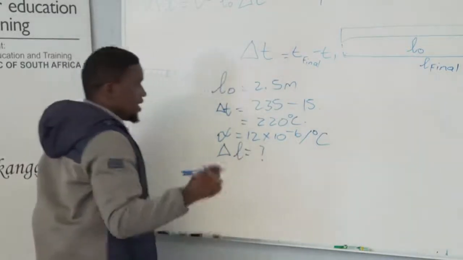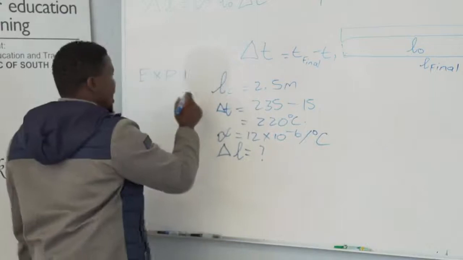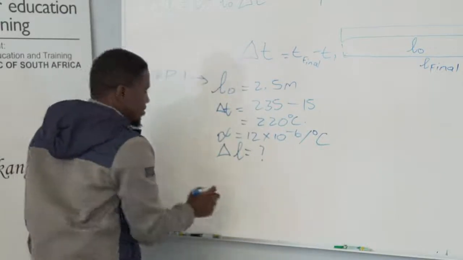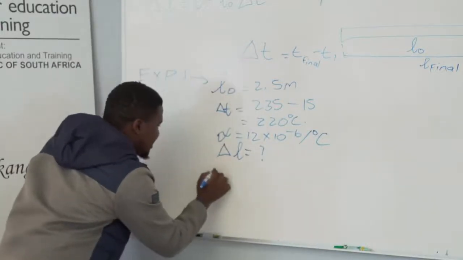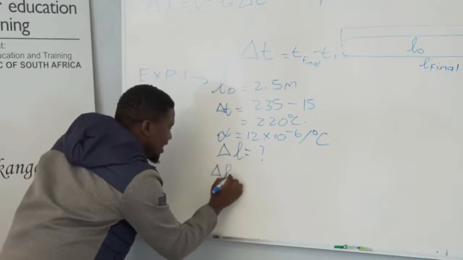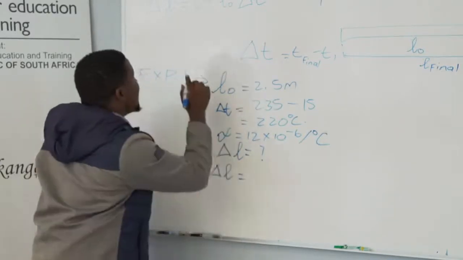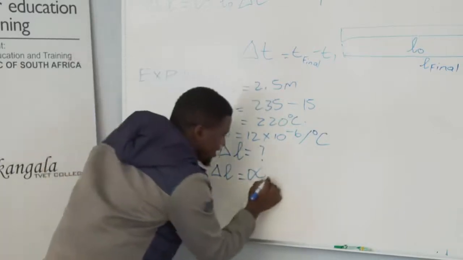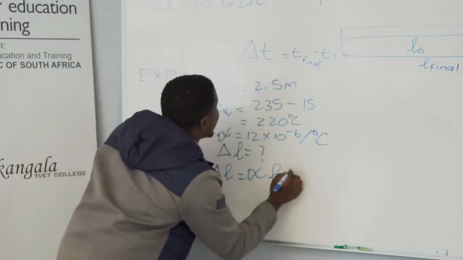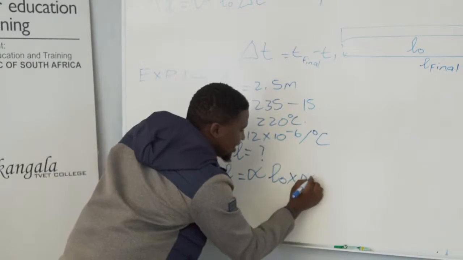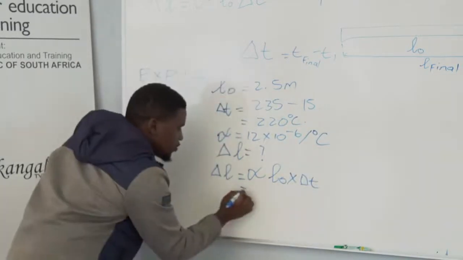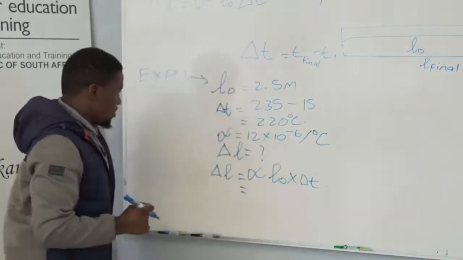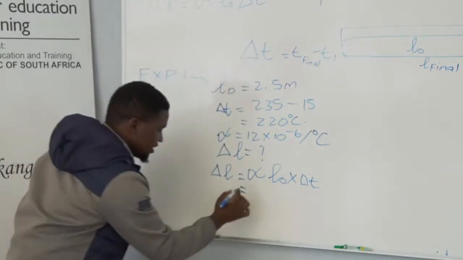It's unknown. Now we can come to say, this one is our example number 1. We can say our change in length is equal to the coefficient of linear expansion, the original length, times delta T. Then what do we know? We know that the coefficient of linear expansion is